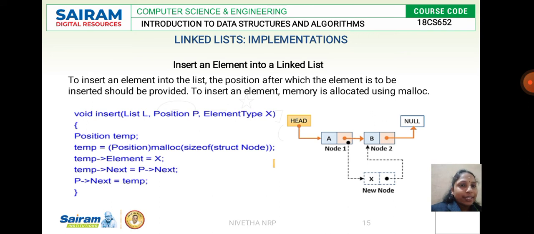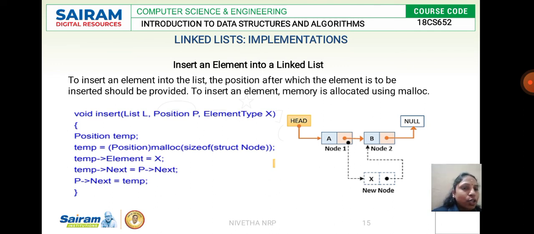The element you are going to insert, you call it X, and you store that in the temp. So when I insert that in the list, the address of the particular node gets changed. So what I do is, temp of next will be the position of next. See here, A and B are there. I am going to add one more data X. So what I do here, I create a new node and I assign the data as temp there. I create a new node as temp and I insert a value X there.